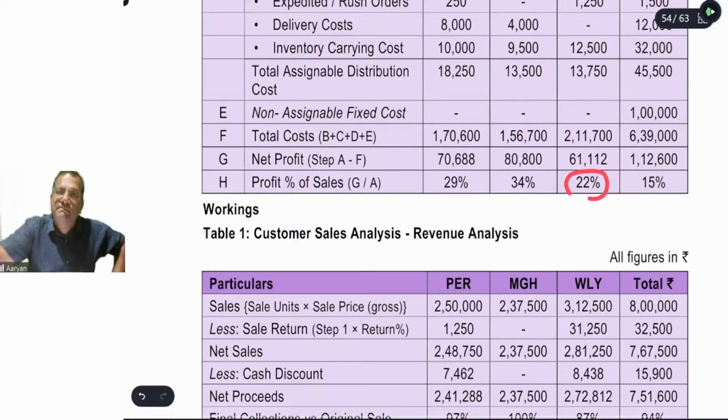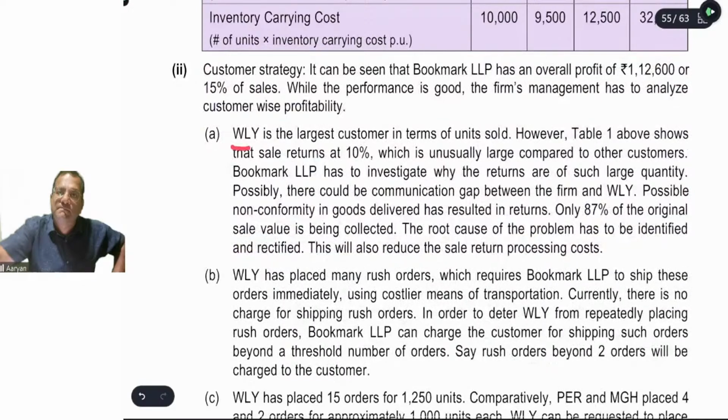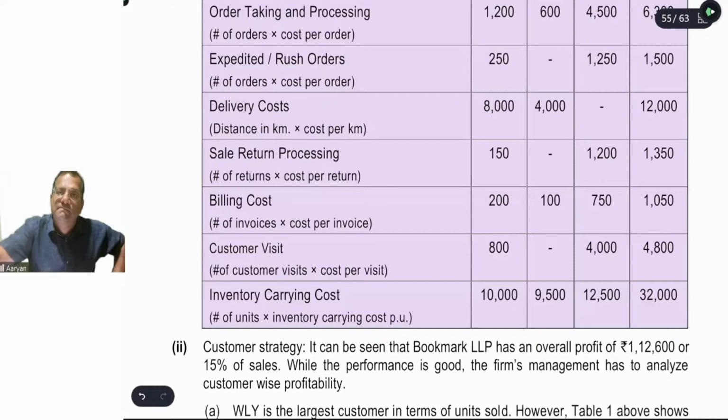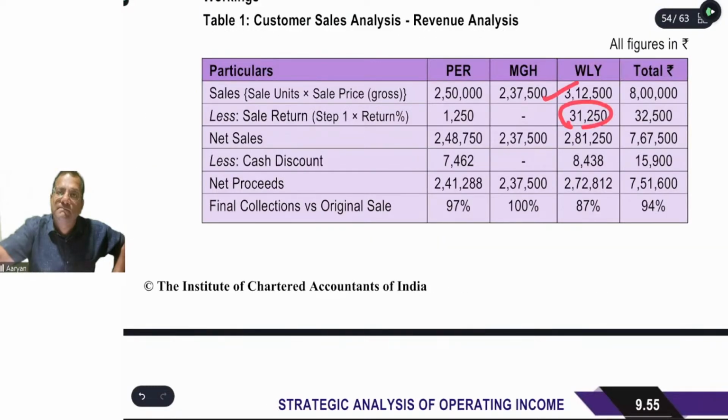Okay, now we will analyze each and every point why the customer WLY, despite being the highest volume provider, is contributing the lowest profit, है ना. तो सबसे पहला पॉइंट देखिए इन्होंने क्या दिया है. WLY हमारा लार्जेस्ट कस्टमर है इन टर्म्स ऑफ यूनिट सोल्ड, लेकिन सबसे पहली शिकायत इससे ये है कि इसका सेल्स रिटर्न 10% है. WLY का सेल्स रिटर्न 10% है, इसका जस्ट 0.5% है, एंड द सेकेंड कस्टमर इज नॉट रिटर्निंग एनी गुड्स. So first of all, we have to check why there is a sales return from the third customer,